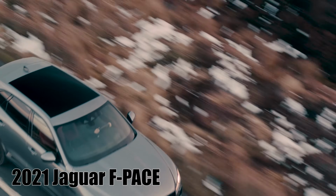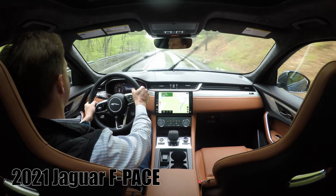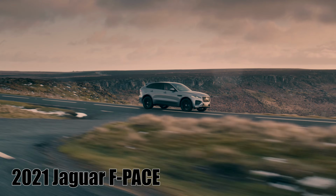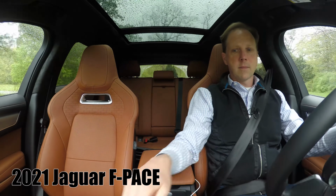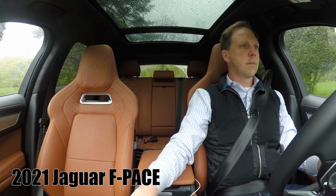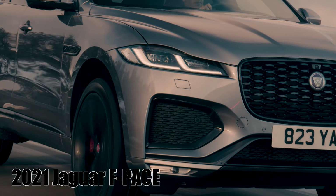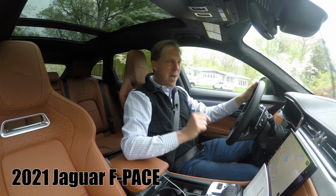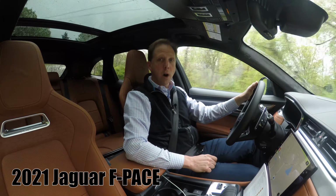The diesel died a couple of years ago, and now it's the supercharged V6 to get the axe. Now you've got the Turbo 4 as the base engine and 2 mild hybrids: the P340S, which runs with a turbo and electrically supercharged inline 6, and the one I'm driving, the P400R Dynamic S. Far more relevant and exciting to drive is the F-Pace, equipped here with 395 horsepower and over 400 pound-feet